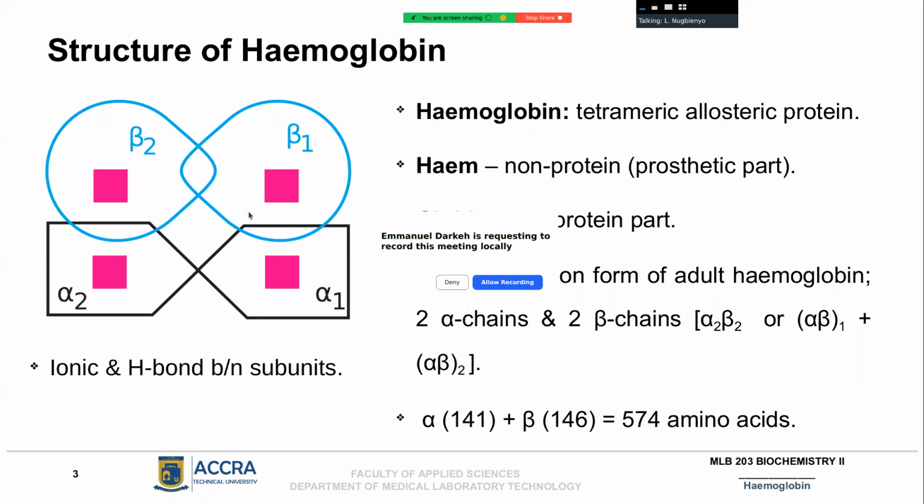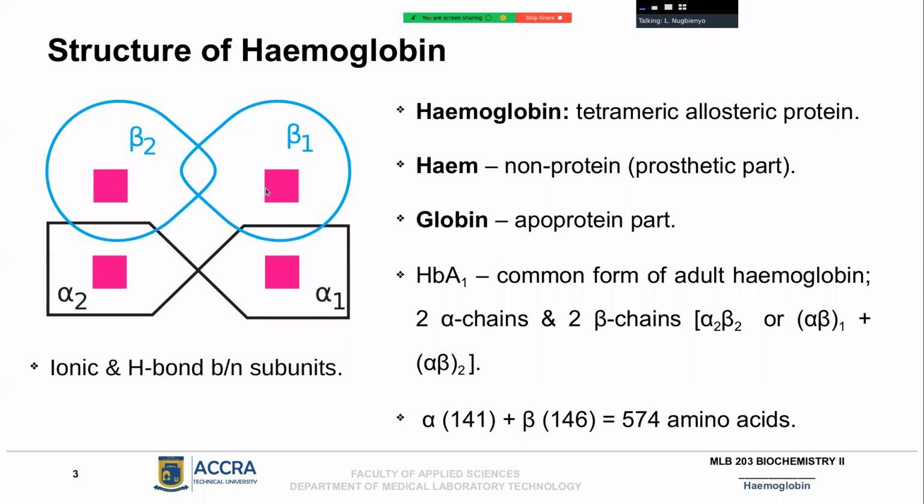So this is what the alpha and the beta chains of the hemoglobin are about, meaning that in this structure of hemoglobin, you have 2 alpha helices and 2 beta helices, and you have alpha 1 bound to beta 1, and alpha 2 also bound to beta 2. And each of these alpha and betas are also bound to each other, with the heme being the